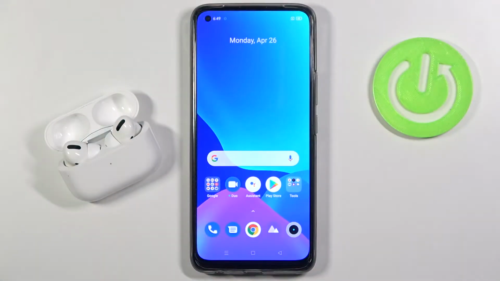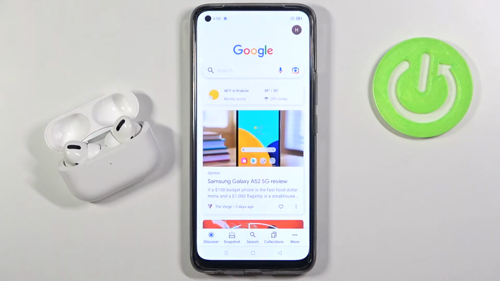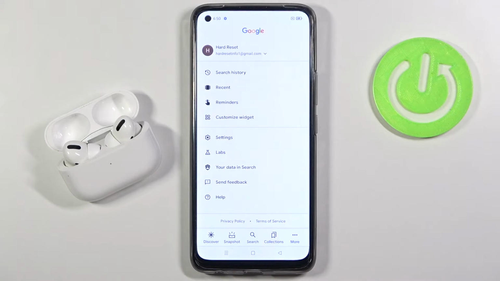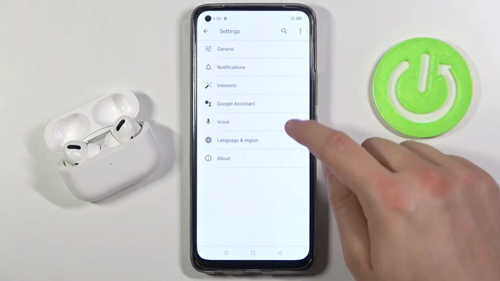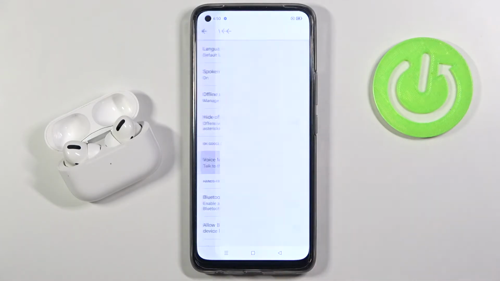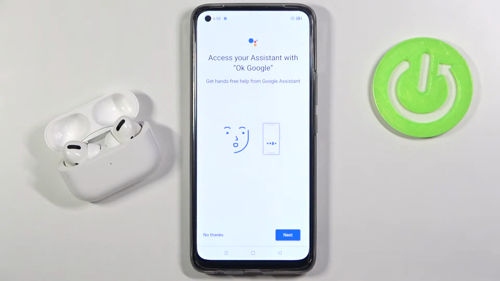Welcome. In front of me I have Realme 8 and today I'll show you how you can activate Hey Google. You have to go to the Google folder and find the Google app. Next you have to tap on More, tap on Settings, choose Voice and click on Voice Match. Right now tap on the switcher next to OK Google, click next,